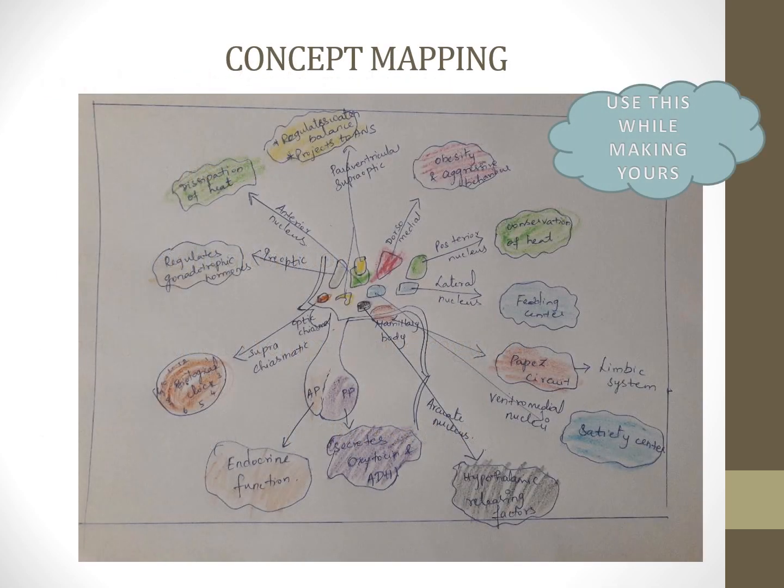Now, we are almost done with the class on the hypothalamus. I want everyone to draw a concept map. You must have done concept mapping earlier, but I want to tell you one or two points regarding this. Concept mapping is where you put all the concepts together, for example anatomy, biochemistry, or physiology concepts, in one single paper. You put many concepts in one single diagram. That's how you do the mapping of any concept.